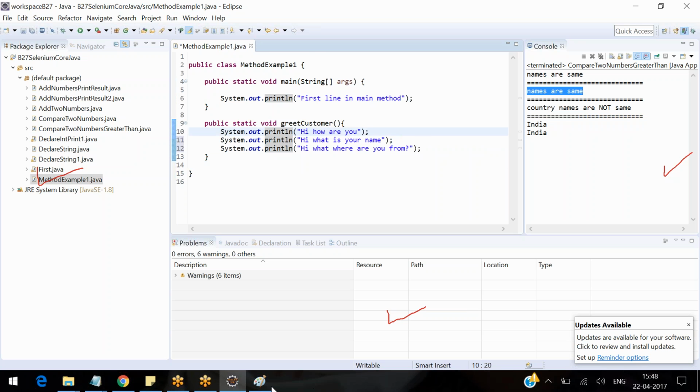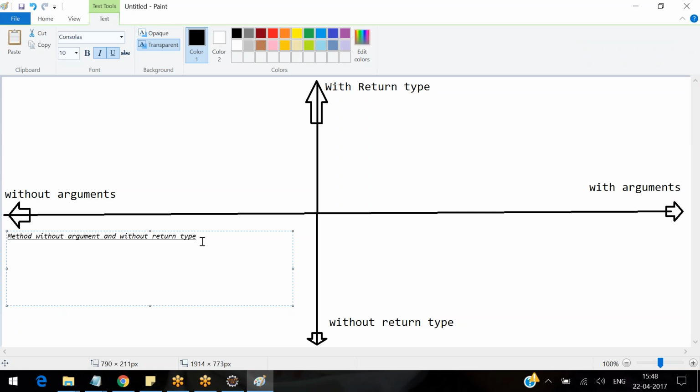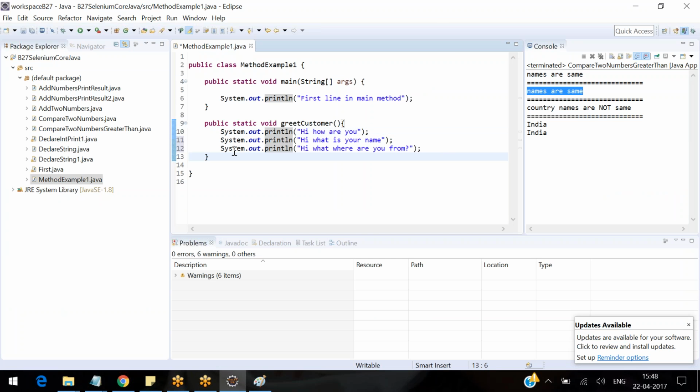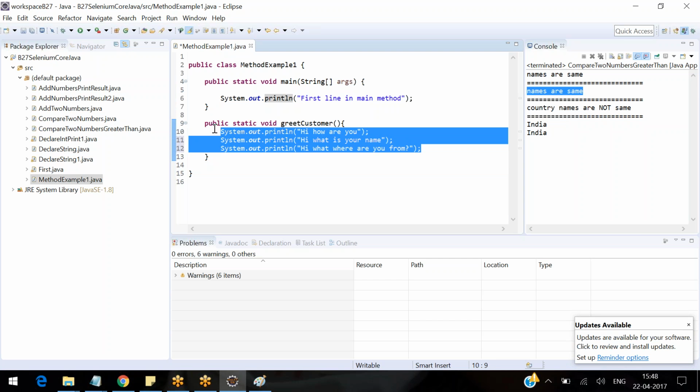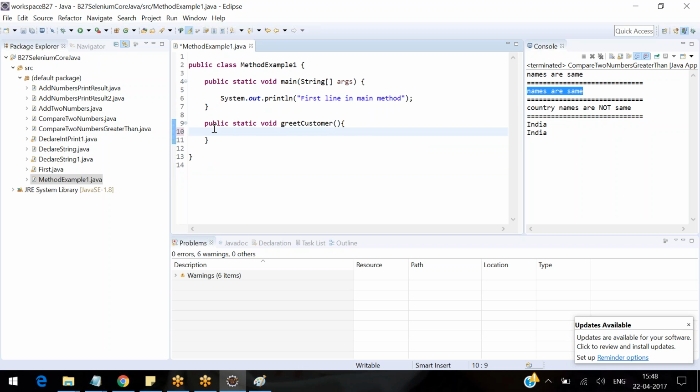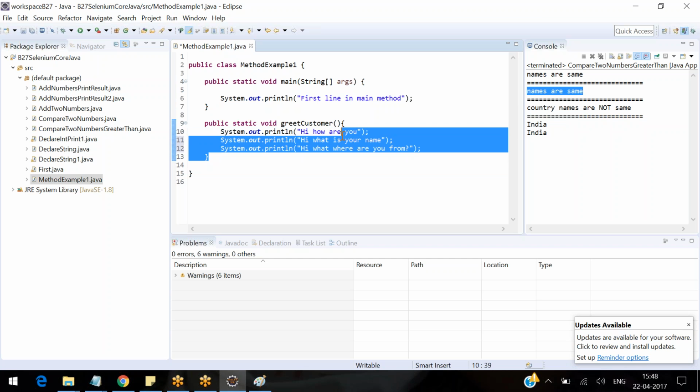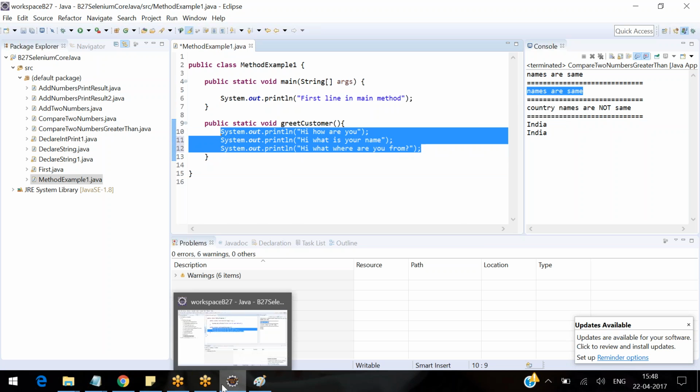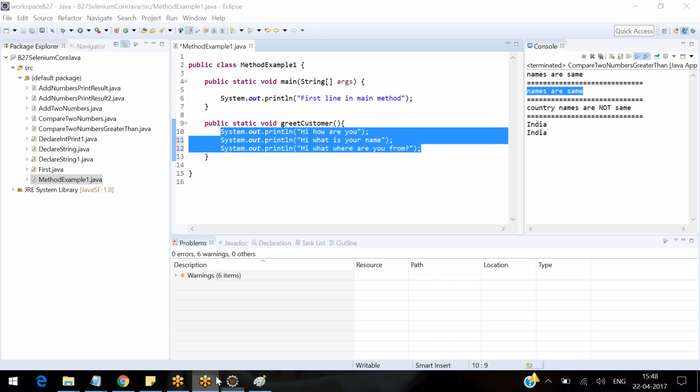I have not told why I am saying it as without argument and without return type. I will first tell you the syntax. Whatever you write inside this, the highlighted part, is up to you. But as of now, understand the method should have the following things, guys. What are those things it should have? It should start with something like,